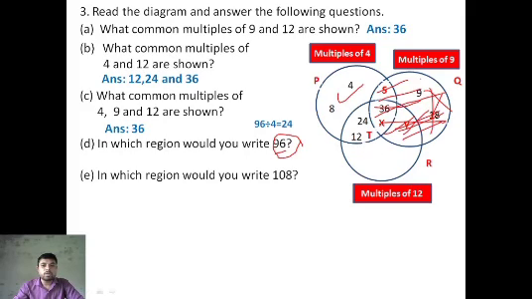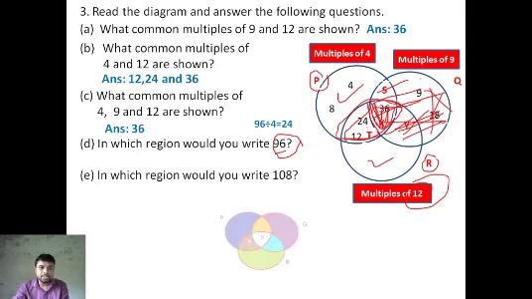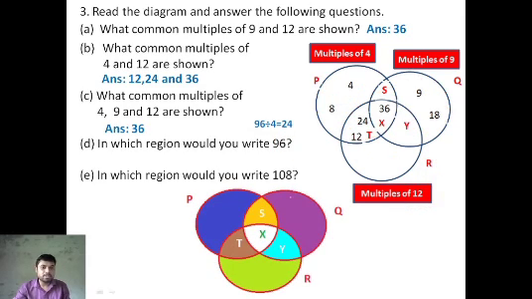Now 12. Just count the table of 12. Yes, 8 12s are 96. That means it will obviously be in R. So it will be inside P and inside R. What is the common region of P and R? This is the common region of P and R. But in this region, some portion is also the region of Q, so it will not be there. So the portion left here is T. This portion will be T. Clearly it is visible.